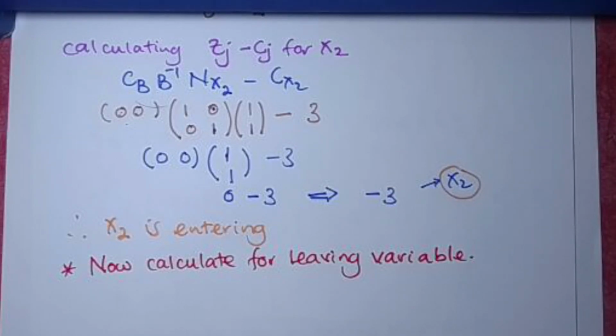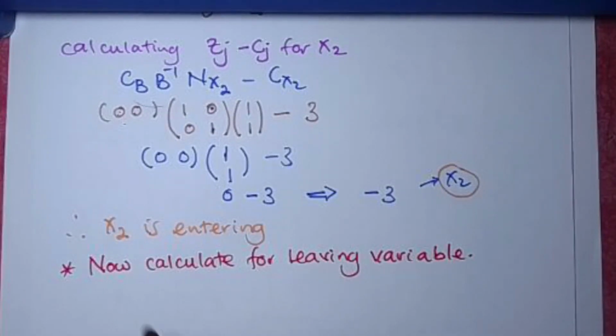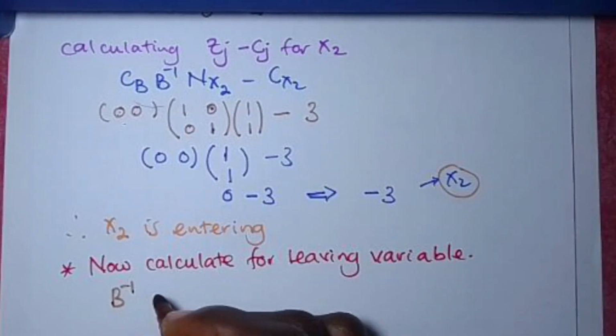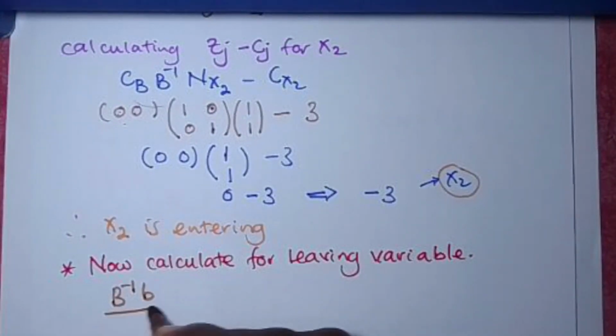So I was saying the formula for calculating the leaving variable is going to be a little bit different. We are going to use a certain formula whereby we shall calculate for B inverse times B divided by